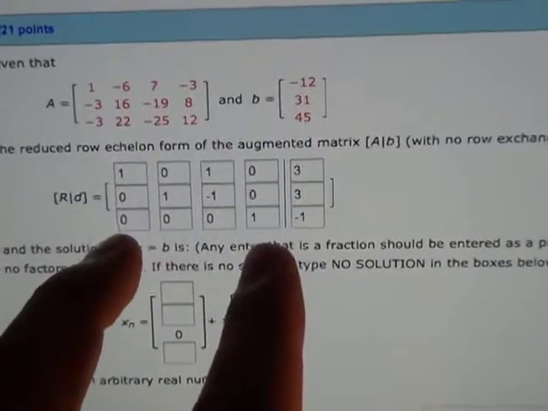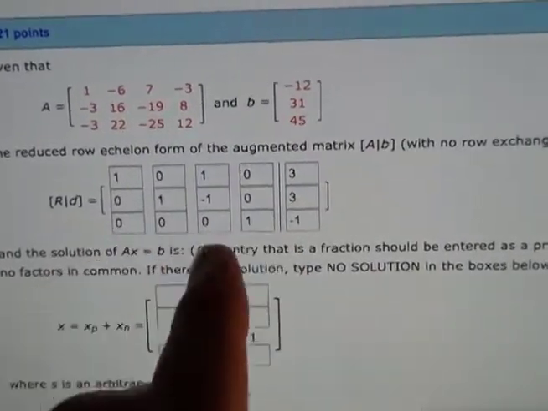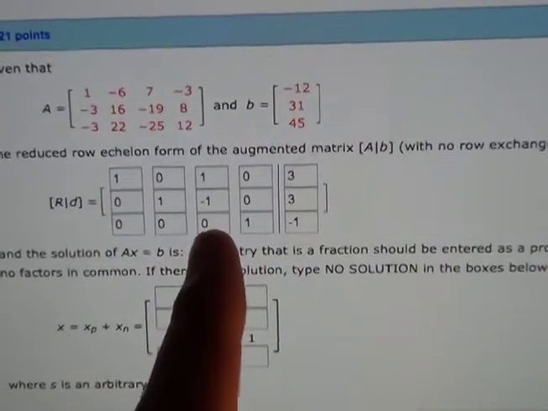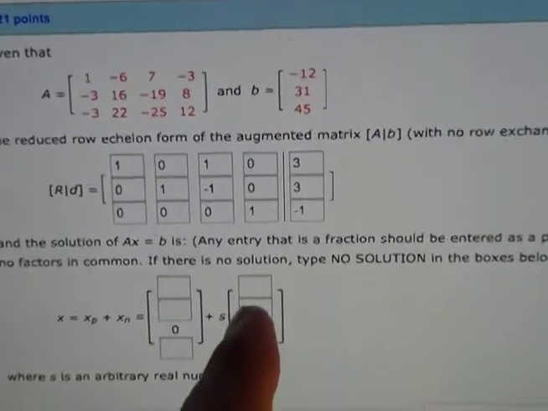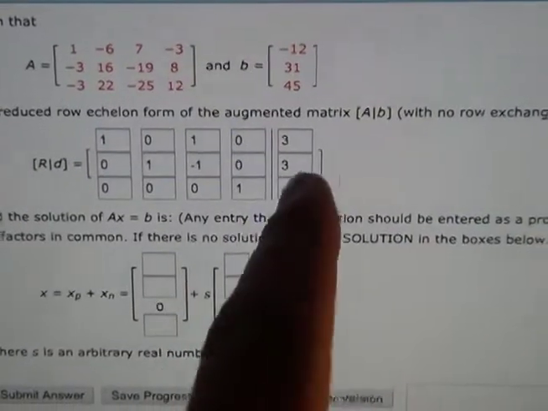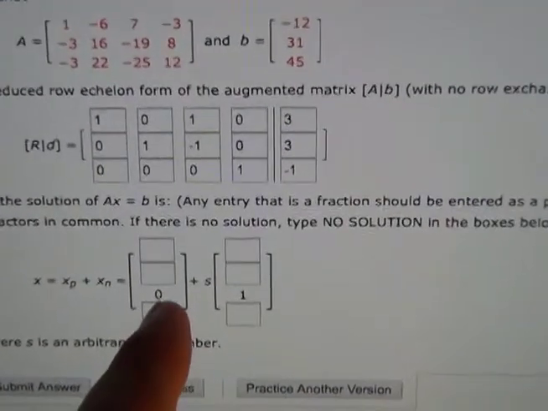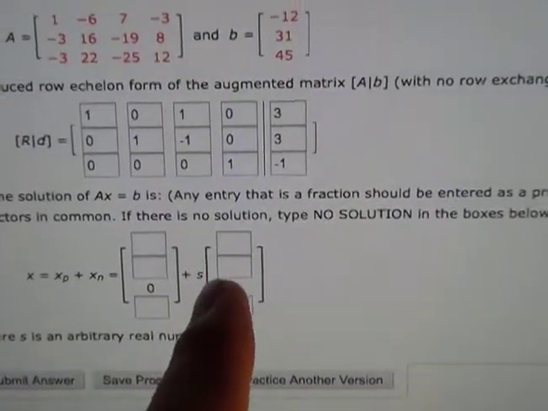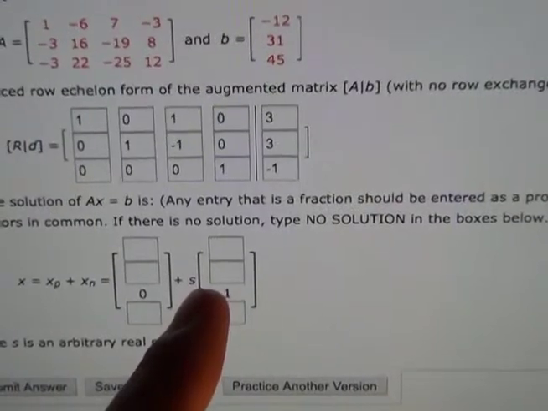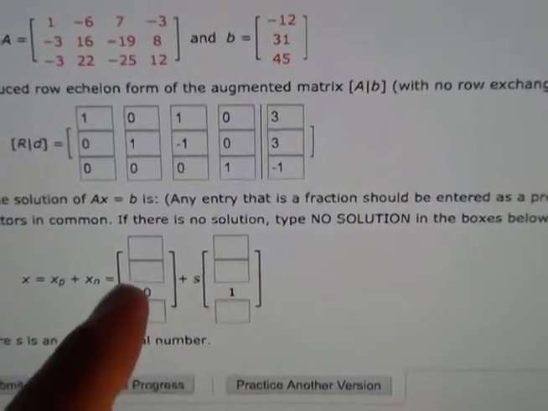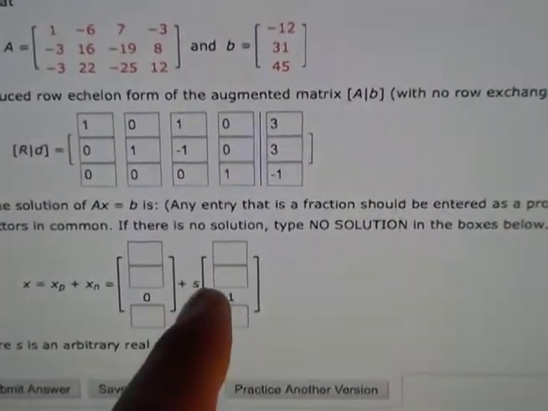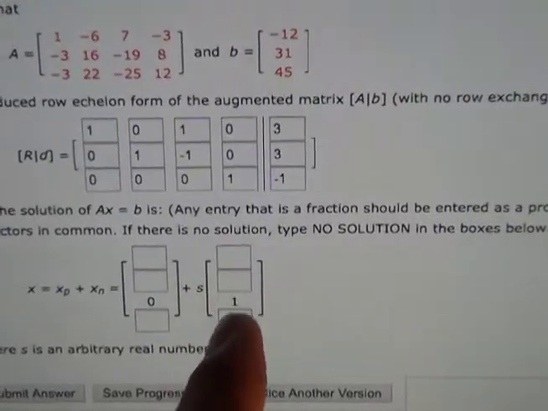If we're just talking about this part of the matrix, then we only have one column that's not a pivot, and that's a free variable, which is here. So this other side of the equation ends up over here without a scalar being multiplied by the vector, and then here we will have a scalar multiplied by a vector to